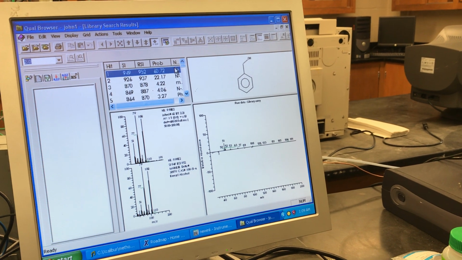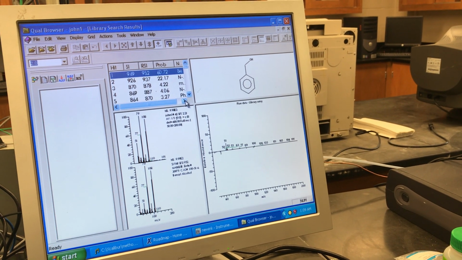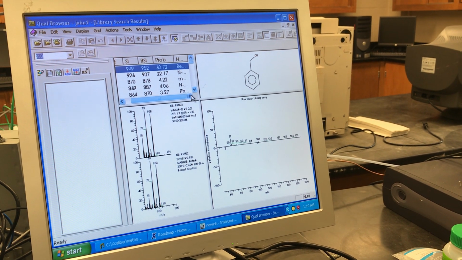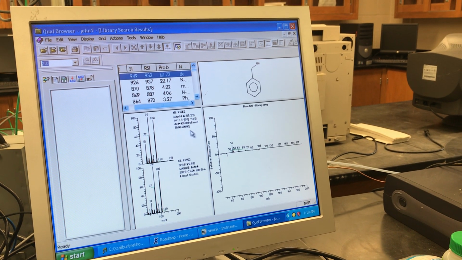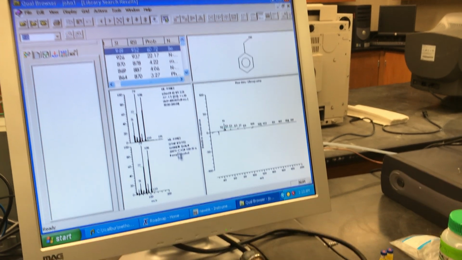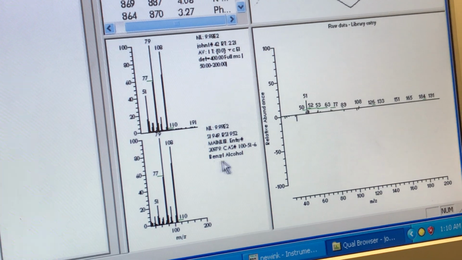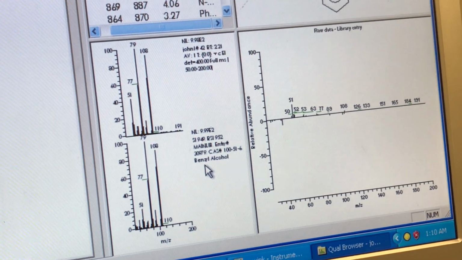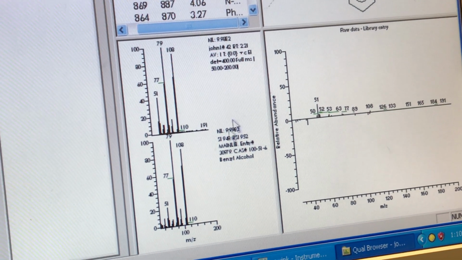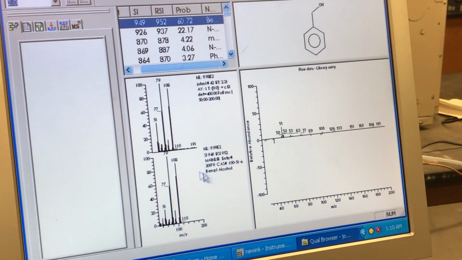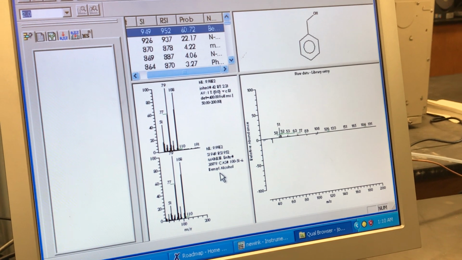So let's take a look. I can go to name here and come across. Usually it does that for me, but another way to do it is to look down here. Here's the library spectrum that I have, and notice that it tells me that the identity of the compound from the library spectrum is benzyl alcohol. And that's what the structure is right here. So even if you can't read the name here, you can look down at the library ID